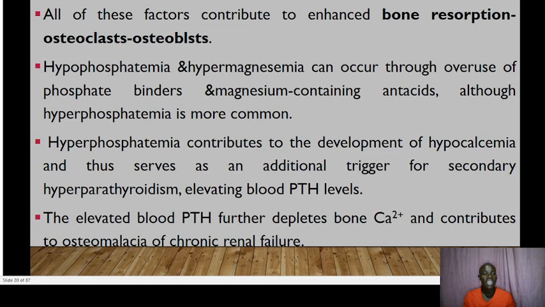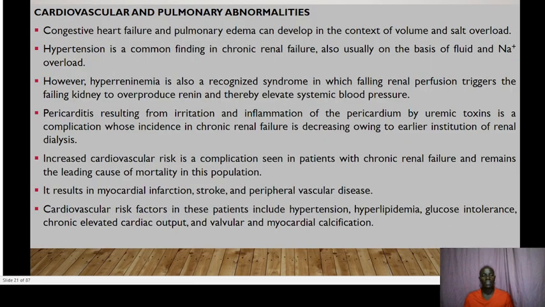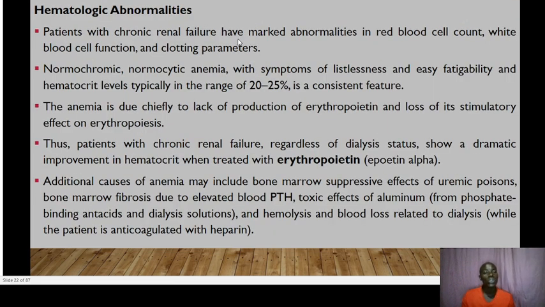Although hyperphosphatemia is more common, hypocalcemia contributes to the development of secondary hyperparathyroidism, elevating blood PTH levels, parathyroid hormone. So the elevated parathyroid hormone further depletes calcium and contributes to osteomalacia in chronic failure. Okay. Also, the patient could present with cardiovascular and pulmonary abnormalities, and hematological abnormalities because of the reduced production of